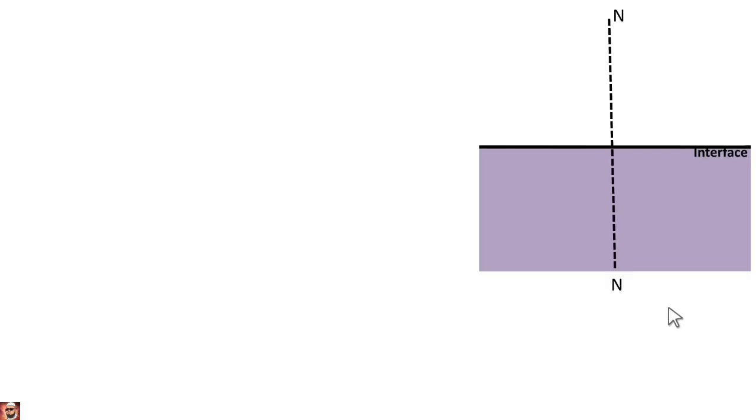Once again we will observe that we are taking two media here. One is a denser medium, another one is a rarer medium. Now let the light be sent from the denser medium. You will observe that the light will come out into the other medium. But here the angle of refraction is greater than the angle of incidence.